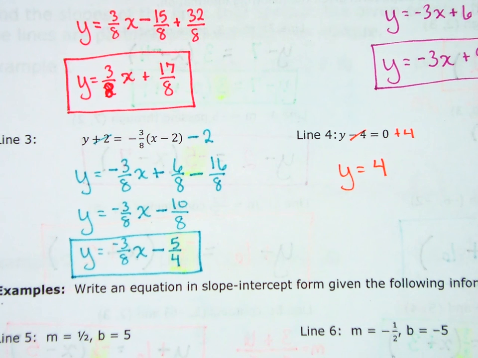Do you remember what the equation for a vertical line looks like? Undefined. It is undefined. What is it? But you can write an equation. It doesn't have a y in it. So what other variable is there? So a horizontal line is y equals a number, and it's horizontal at that number, so this one goes through 4. A vertical line would be x equals a number, and it goes vertically through the x-axis at whatever number